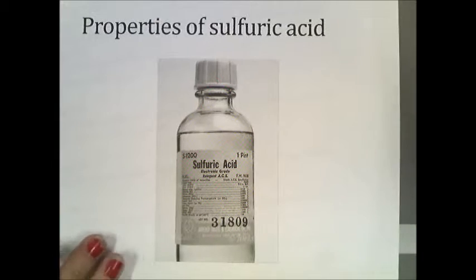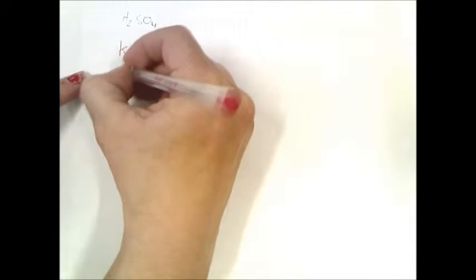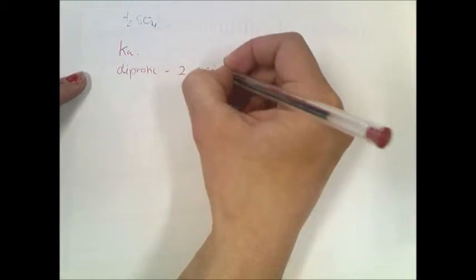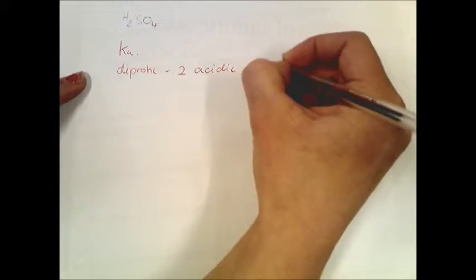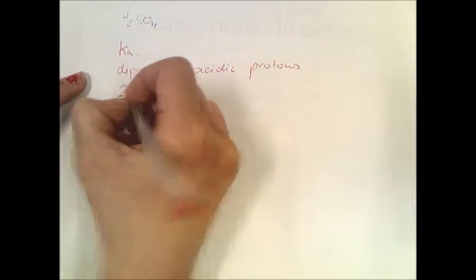Now, luckily we've chosen sulfuric acid and you guys actually know quite a bit about acids. So we've spoken recently that acids, when they dissociate in water, so H2SO4 when it dissociates in water, will have a particular Ka. Now, because sulfuric acid is what's called a diprotic acid, which means that it has 2 acidic protons, it has 2 Ka